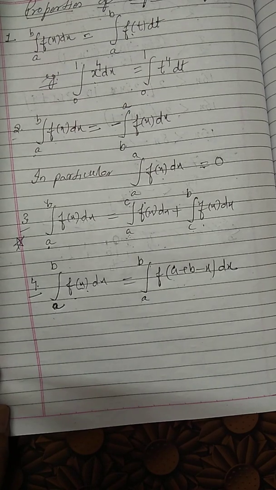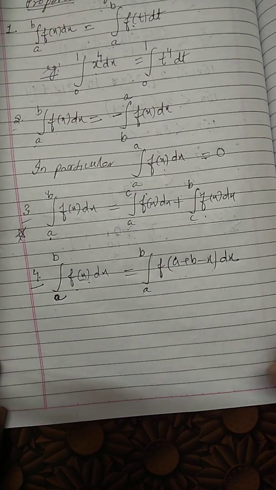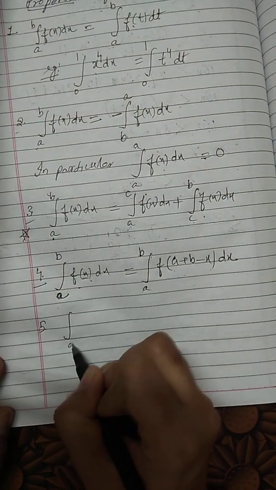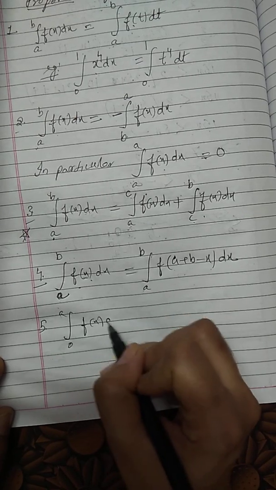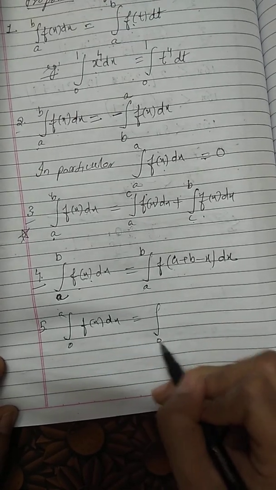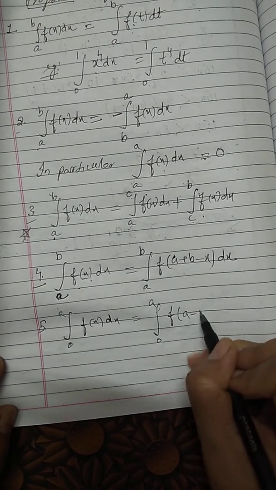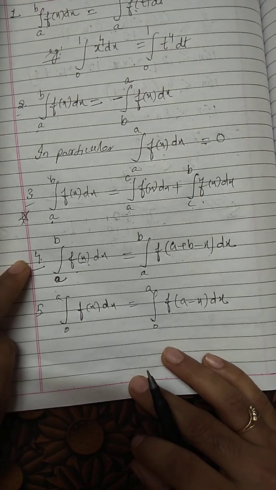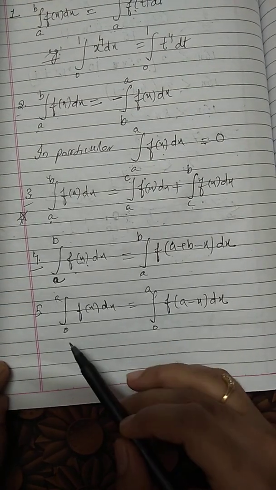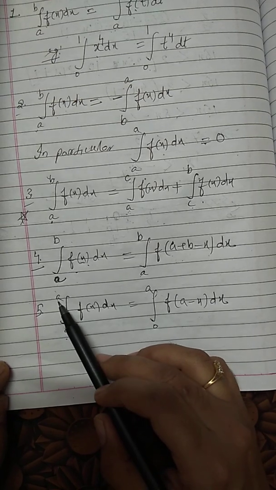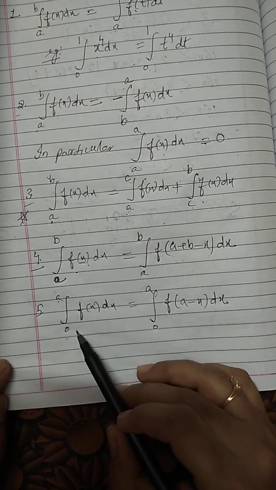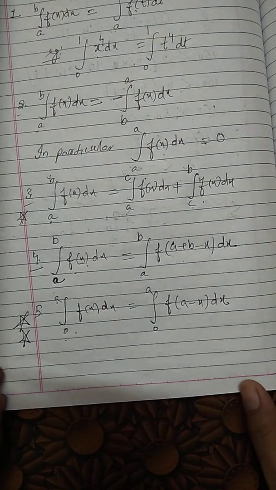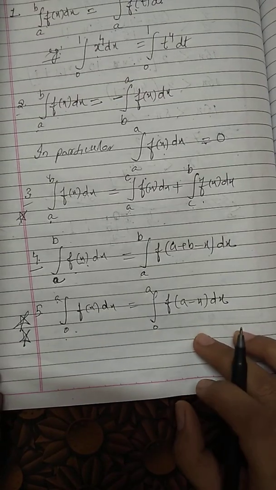Okay, and this property we will be using quite often, and based upon this property we have one similar property, which is the next property: the integral from 0 to a of f(x) dx will be the integral from 0 to a of f(a minus x) dx only. This property actually comes from the fourth property only. The only difference here is that the lower limit is 0 and the upper limit is a. It can be b also, and this is a widely used property in the whole exercise. Many sums we will solve based upon this property.